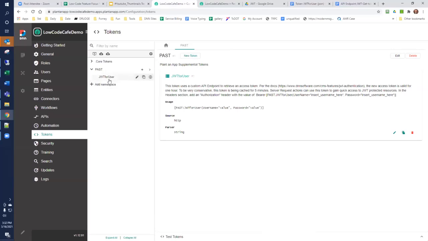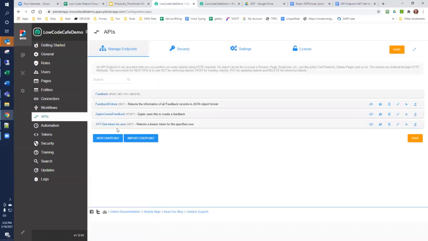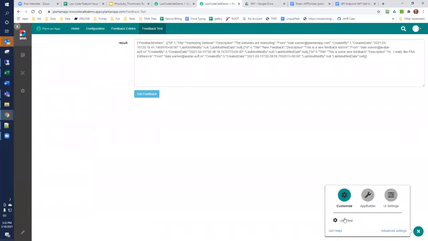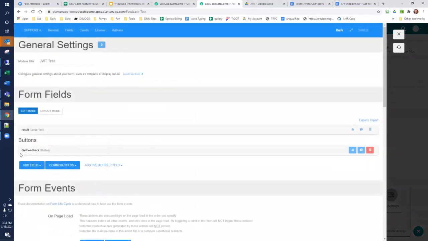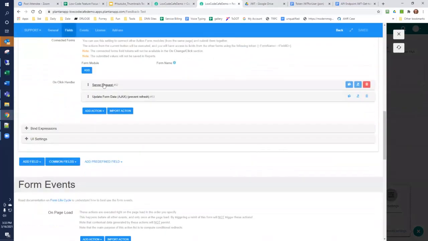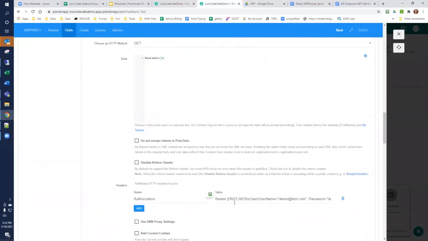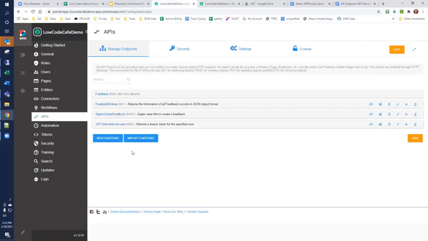This token, JWT-for-user, together with this API, JWT-Get-token-for-user, allows you to return in your form a token that can be used in the server request, and by simply adding an authorization with that token, it will return an authorization token that will pass the JWT authorization. Each of the endpoints that you define, and especially the ones that are automatically defined by the entity builder,